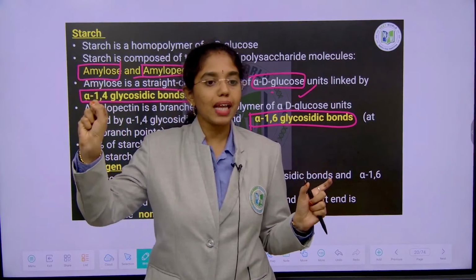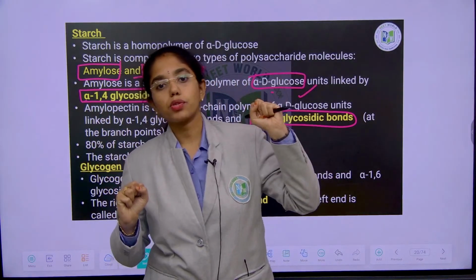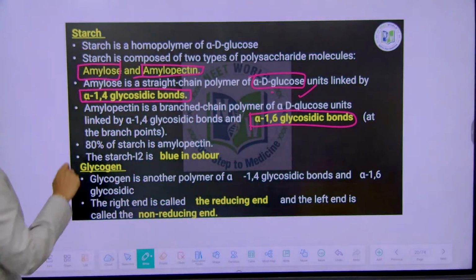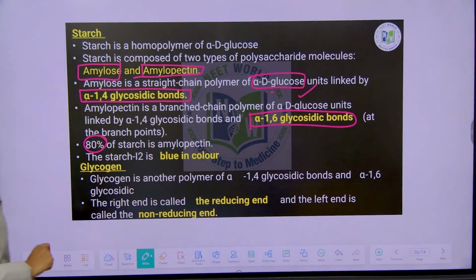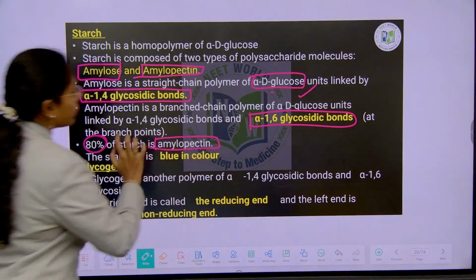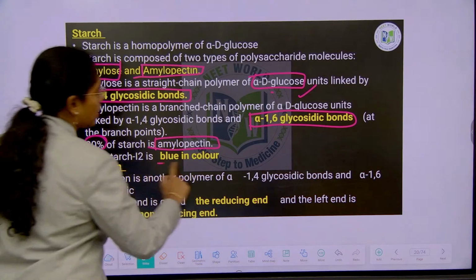In amylose it has alpha 1,4 glycosidic bonds. Amylopectin has alpha 1,6 glycosidic bonds. So 80% of starch is composed of amylopectin, and this forms a starch iodine complex, giving out what color, Nana? Blue color,